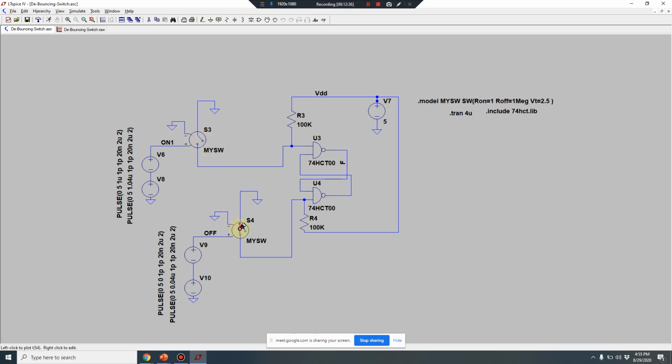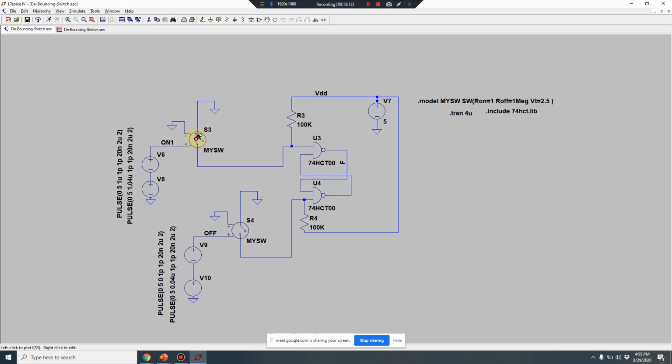There are two switches. This switch is for switching it on, this switch is for switching it off. The function of the switch is, I'll tell you the properties of this switch later on, but first just understand the basic functioning, then I'll get into the nitty-gritties of these things. If I switch it on, this wire will go to ground. If I switch it on, this ground will go on.